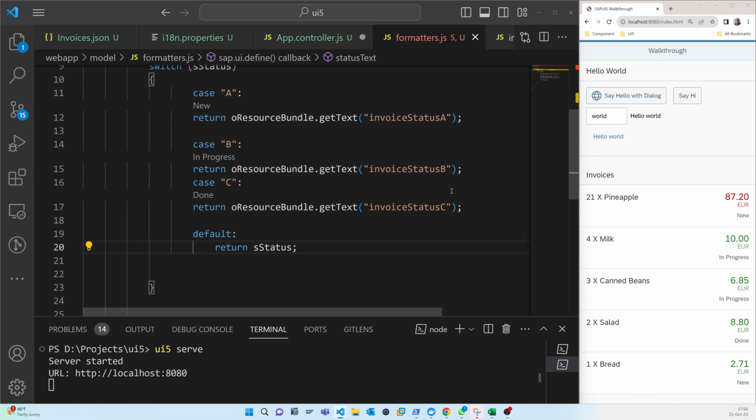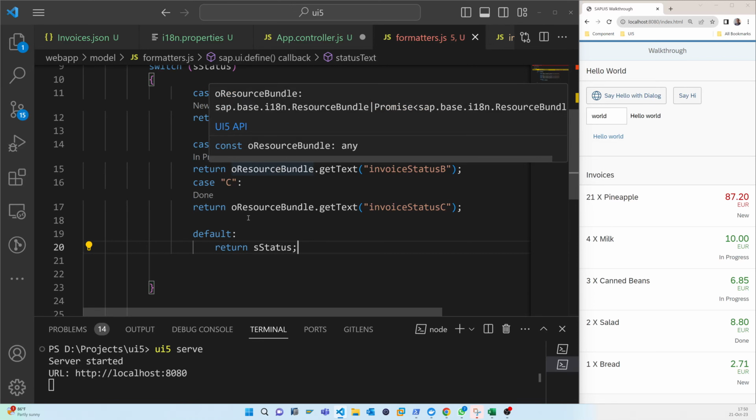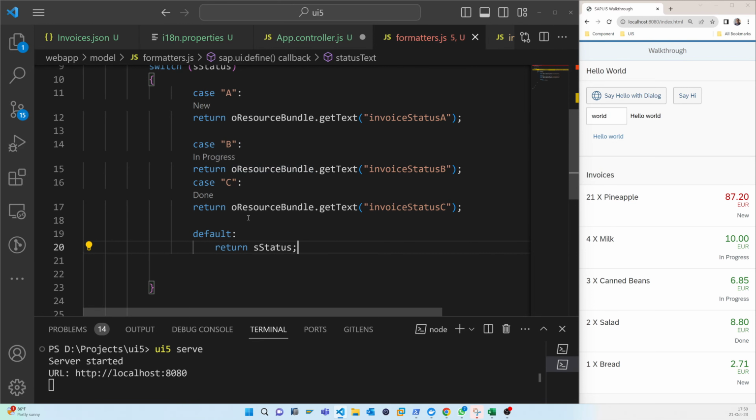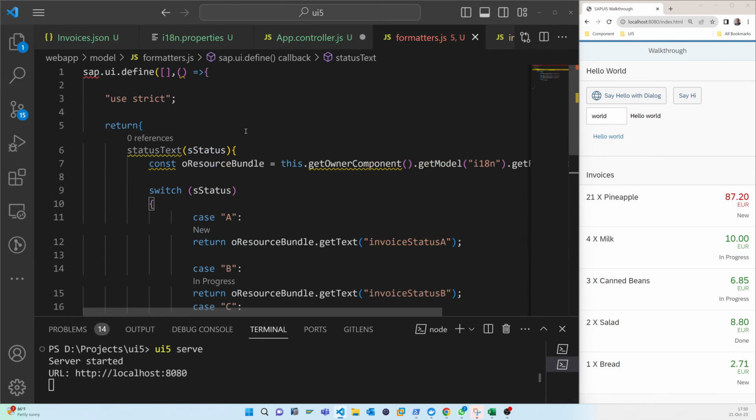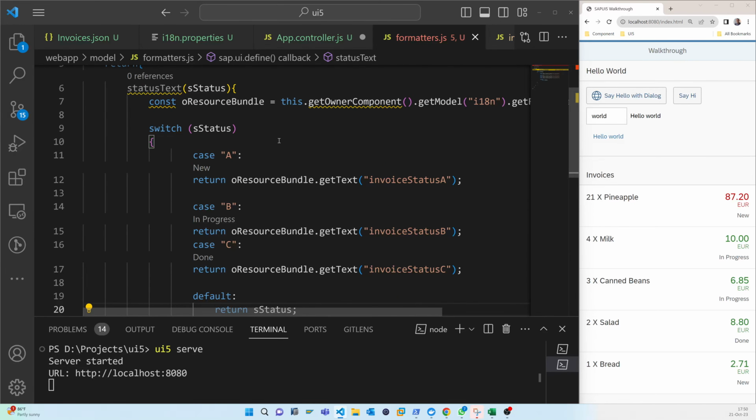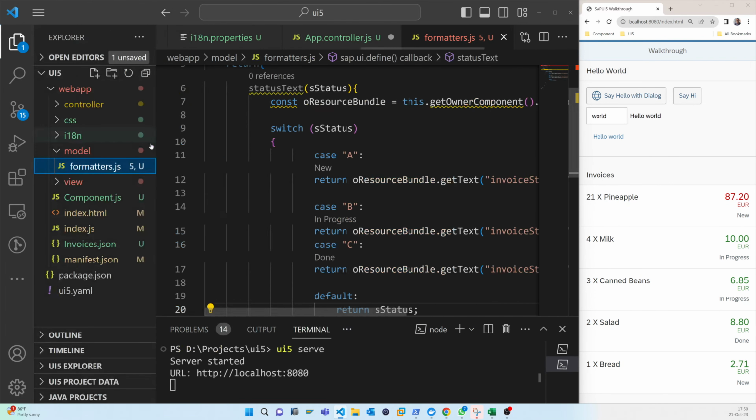So now we have created the formatter. But from another page we have to send this status, where it will match, and after that it will just return the text. So that is the reason now we have to go to the controller. If we go to the list controller,